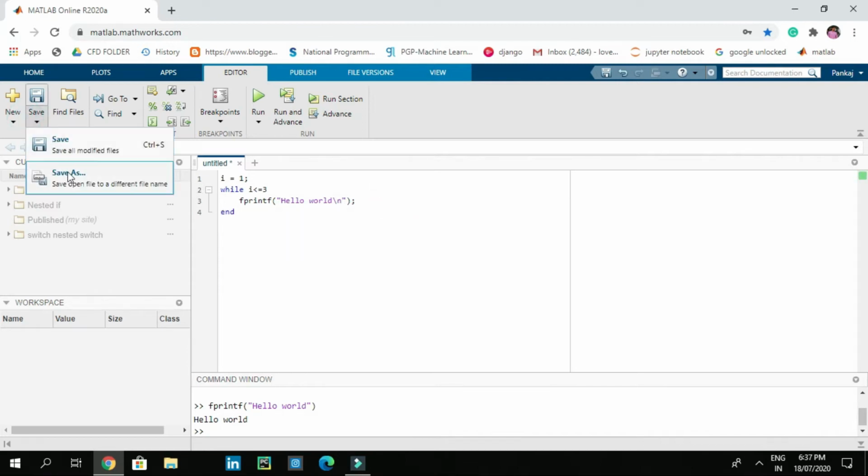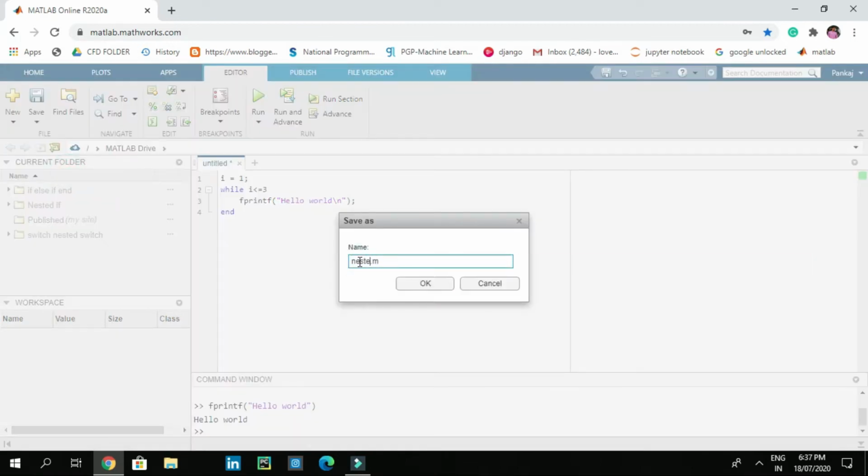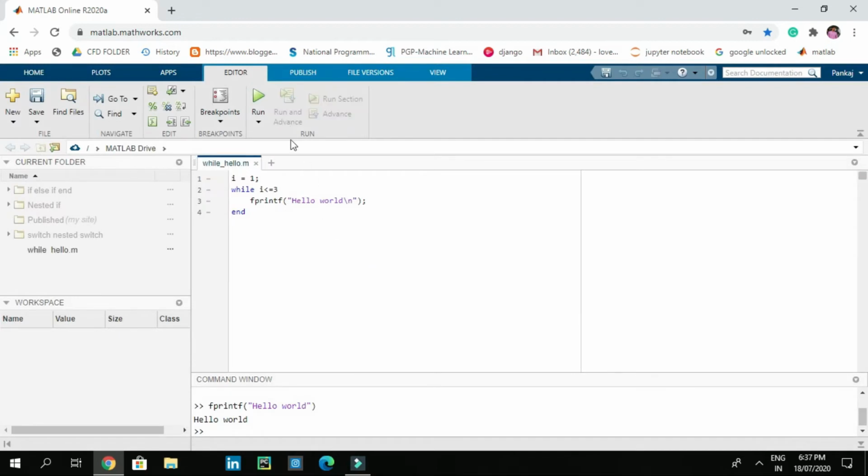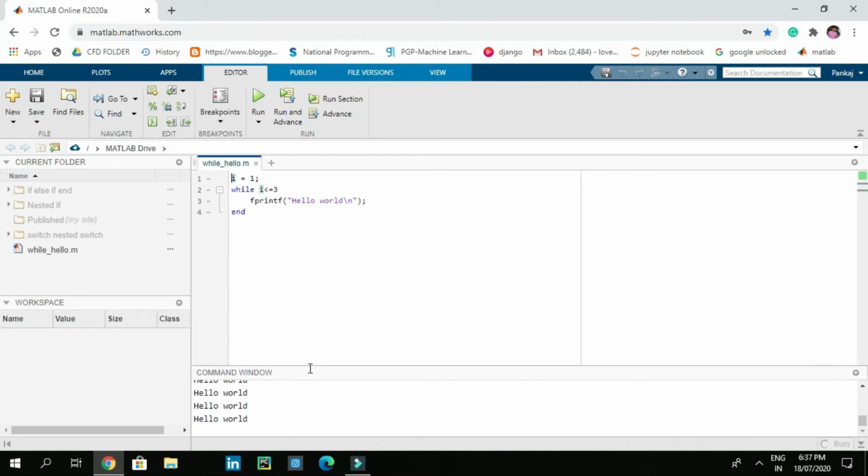Now let's save this code as while underscore hello dot m and let's run this code. So it is printing hello world multiple times and it is continuously printing. So we need to stop this code, we made some mistake.